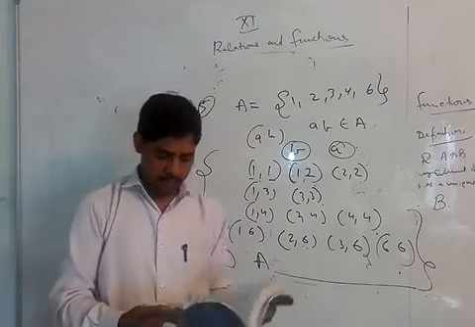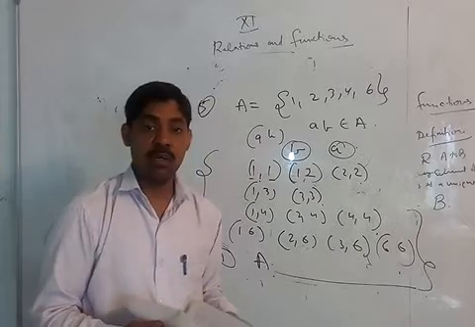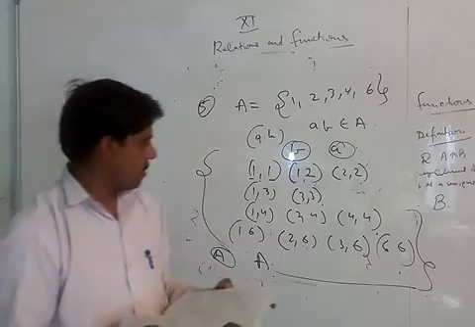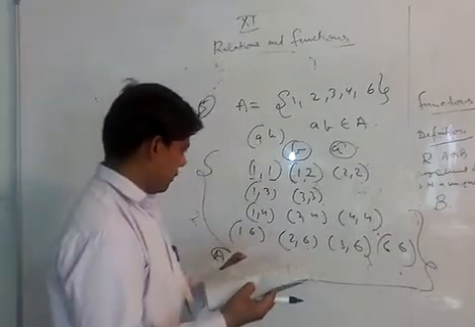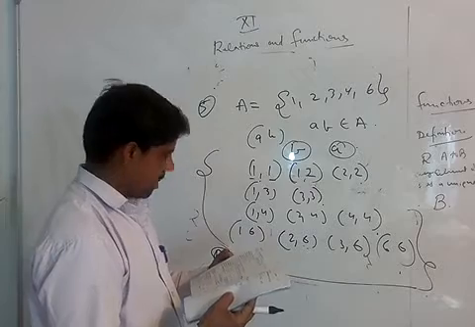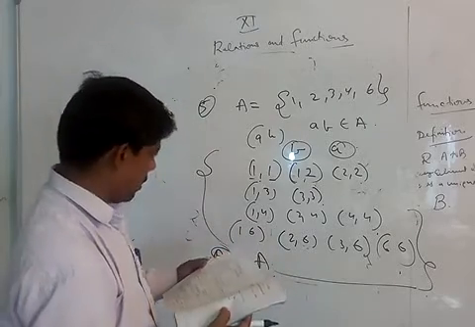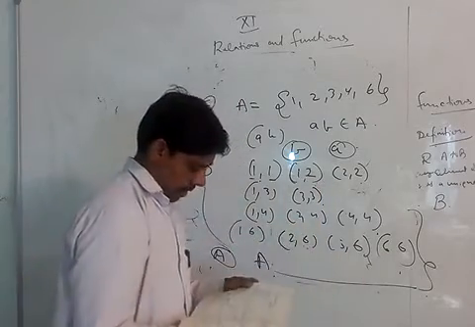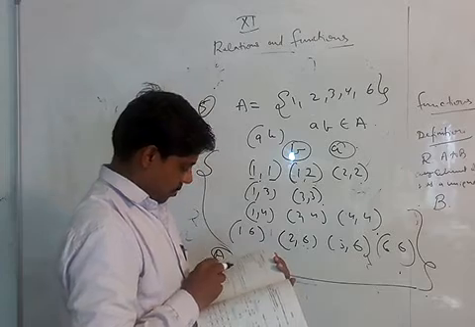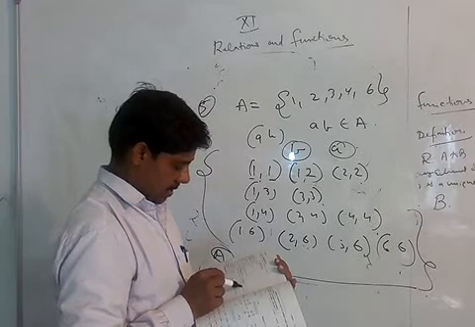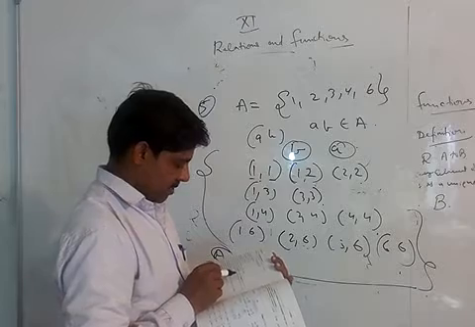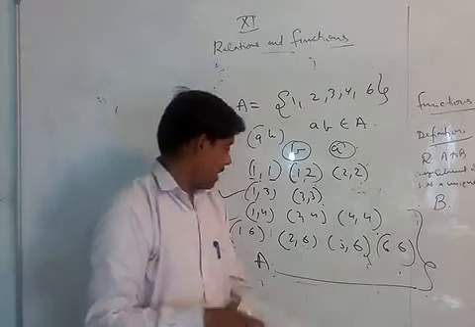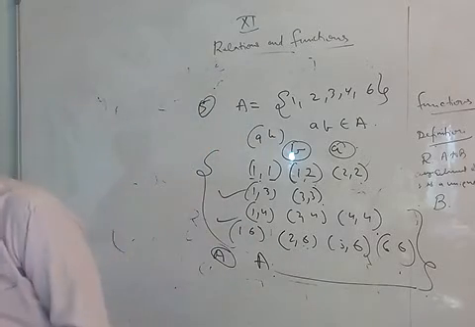And so now we will come on to a very important definition, that is functions. Now function is a special type of relation. So let me just correct the answer. Check the answer. (1, 1), (1, 2), (1, 3). Do we have (2, 2) somewhere? Yeah, we have (2, 2). So how many elements are here? We count 12 elements, and here also we are getting 11. So we are getting the correct answer A. Right. So let's get started to the next topic, that is the definition of a function.